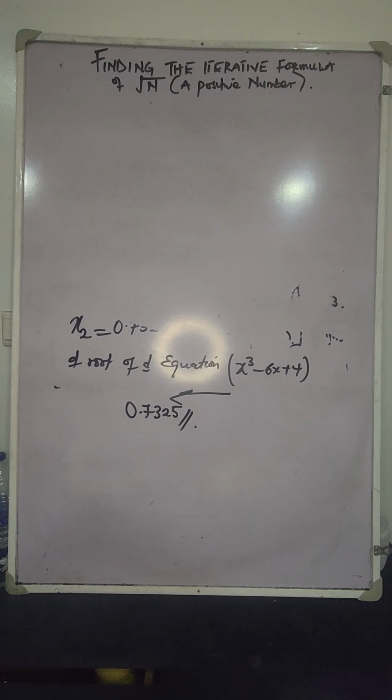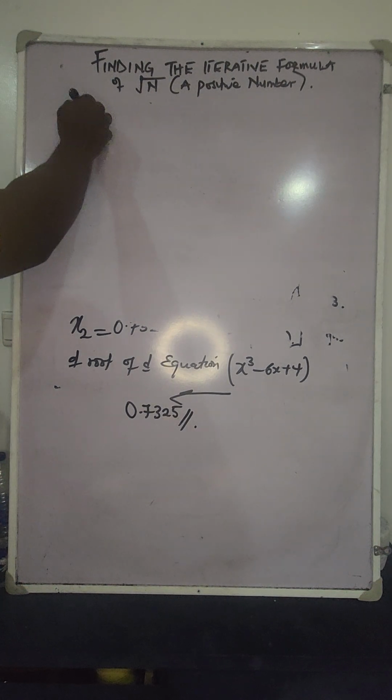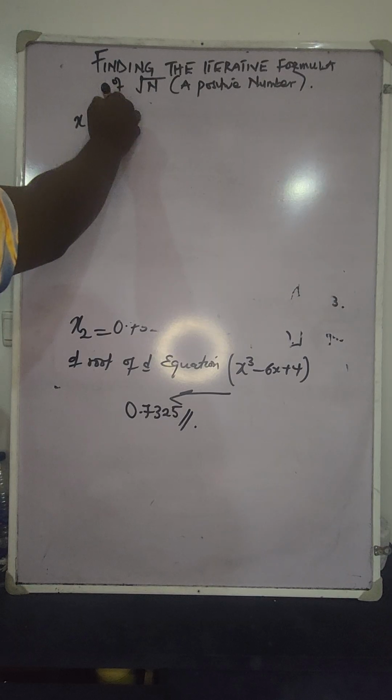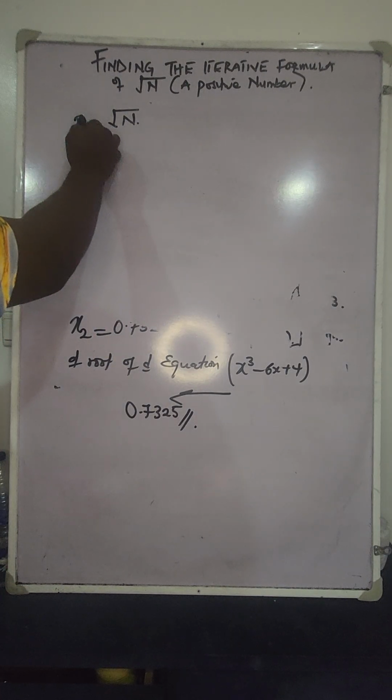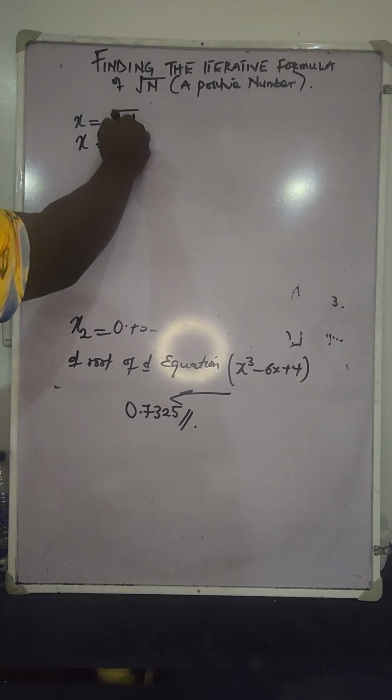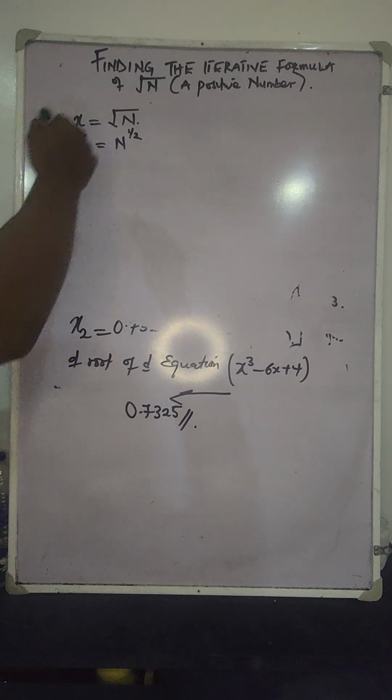Raphson's number. So let's find the iterative formula of a positive number. So let's assume that x is equal to the square root of n. So x is equal to the square root of n, and then we find out that x is equal to n to the power of half. You know, the laws of indices says